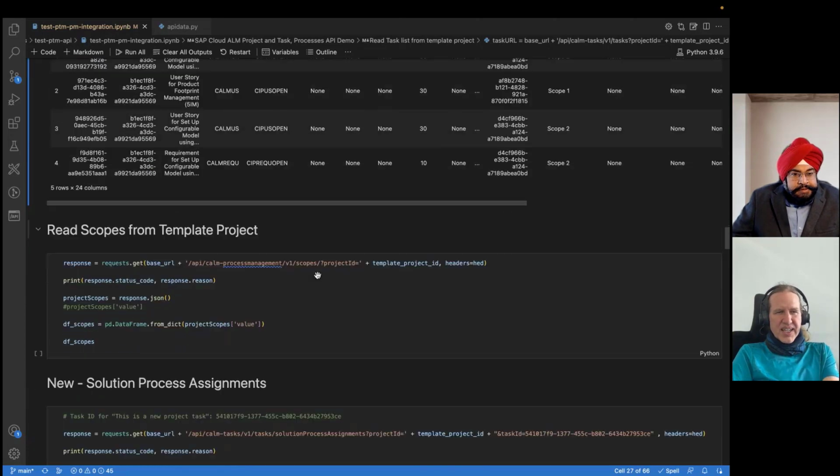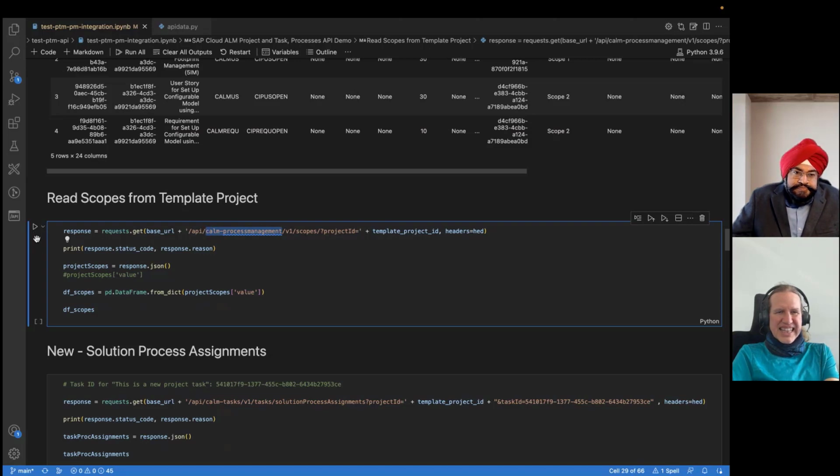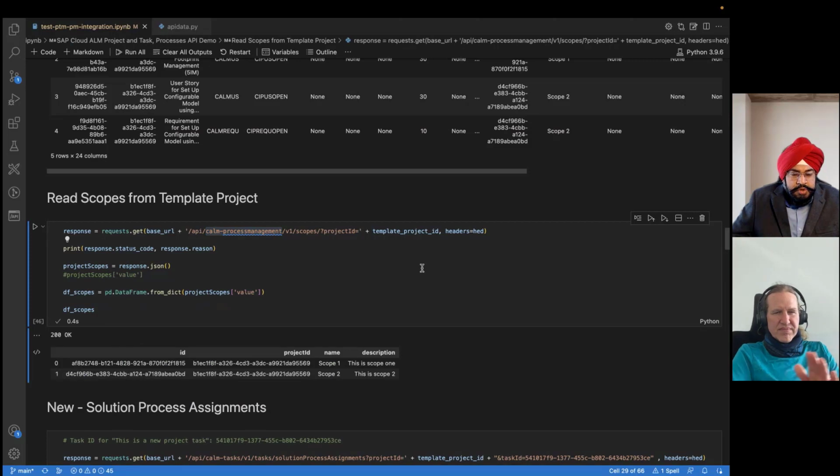And so what I'm doing now in this next cell is calling one of the process management APIs and getting the list of scopes from the template project. So are you also planning to create scopes and processes from the template project to the target project? Yes, that's what I'm working on, because